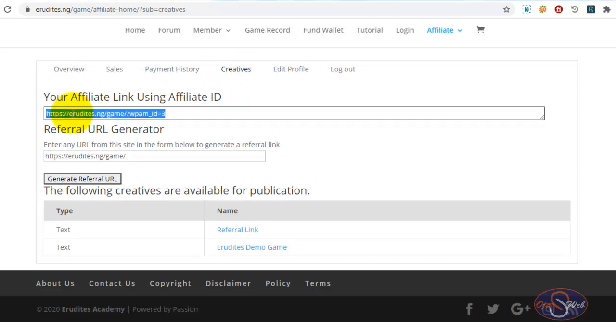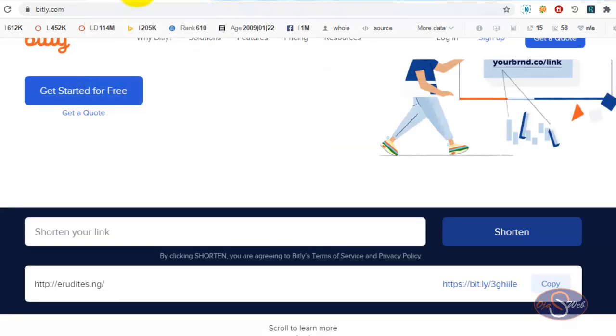people on the internet. Now, I don't want you to just copy this link and just send it to people directly, because some people might want to play some game and they might want to remove your ID from this particular link. Instead of sending this link to them directly, now after copy the link, you just go directly to this particular website on my browser. This is the address,